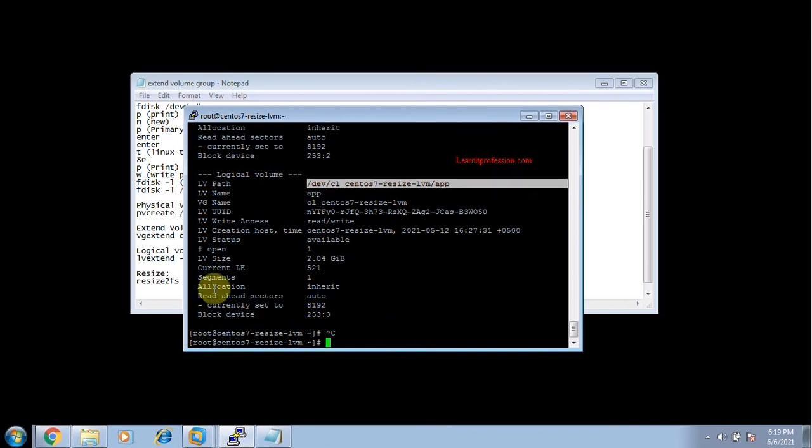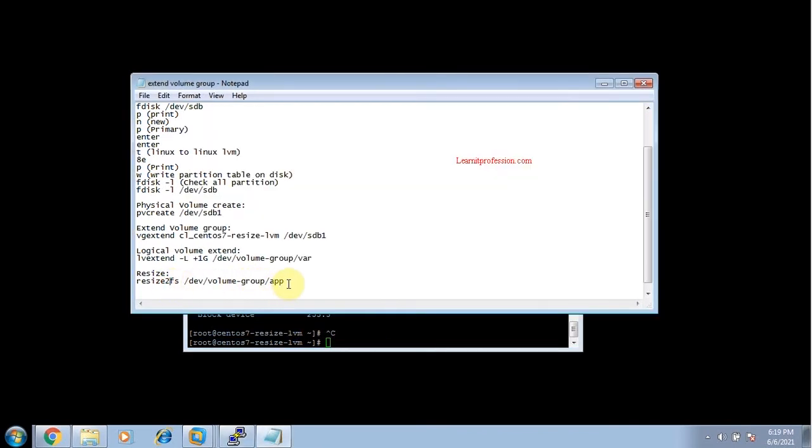Just copy the path and put it. We added a 2 GB hard disk, but we only add 1 GB for the extension of logical volume app, so we add only +1G. If you want to use all of it, you can give the size of 2.